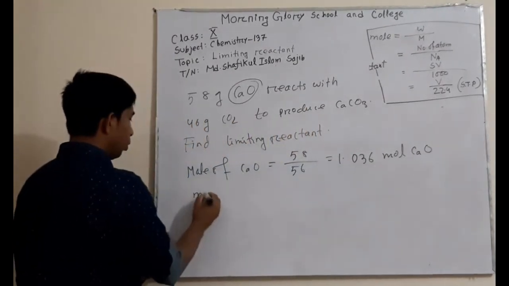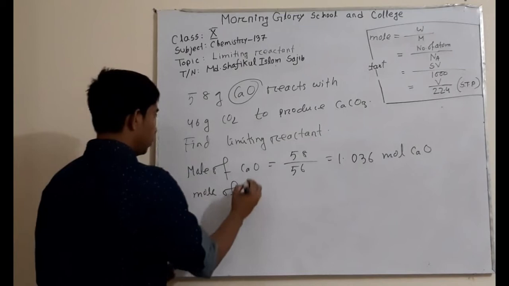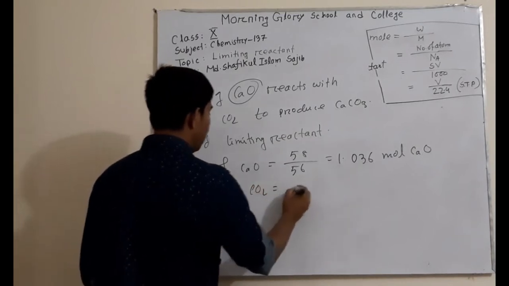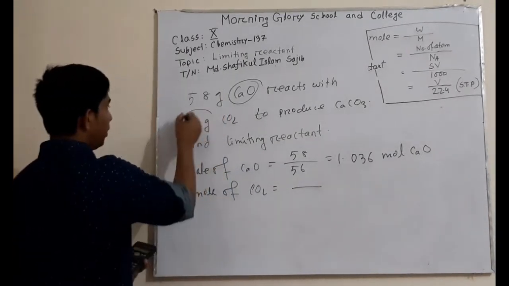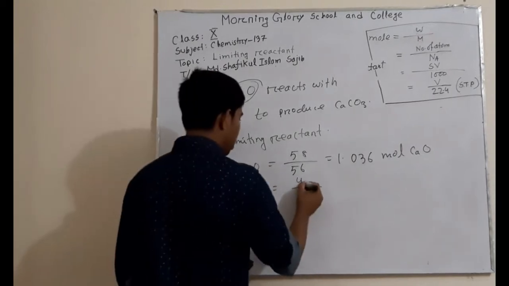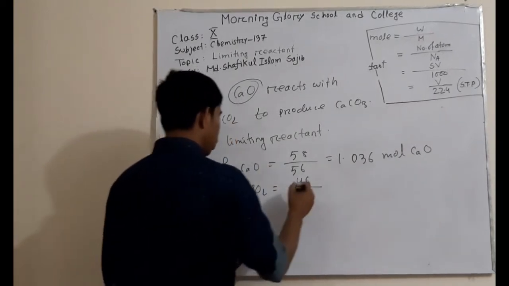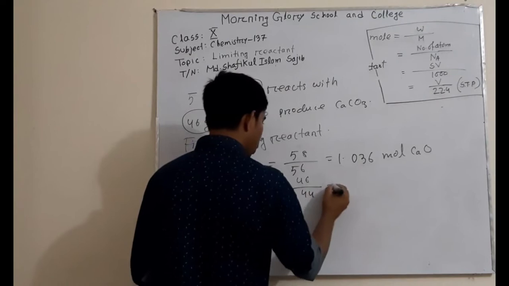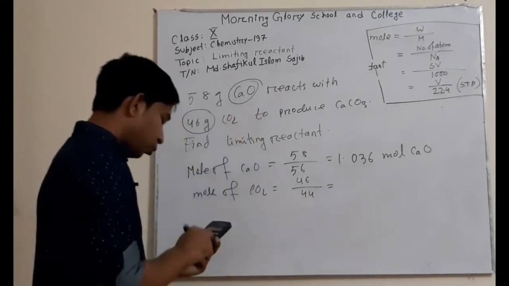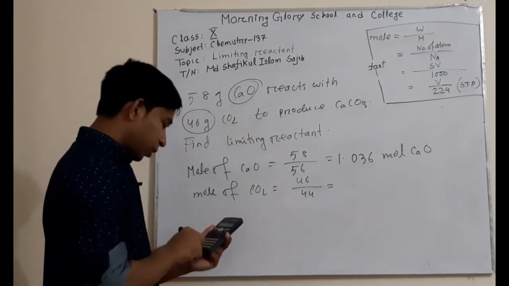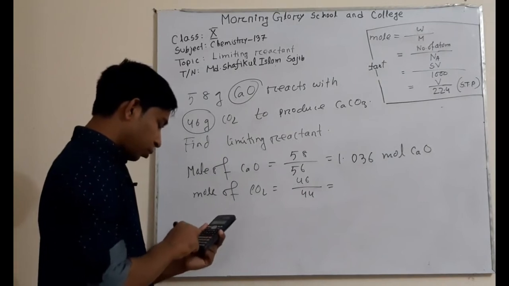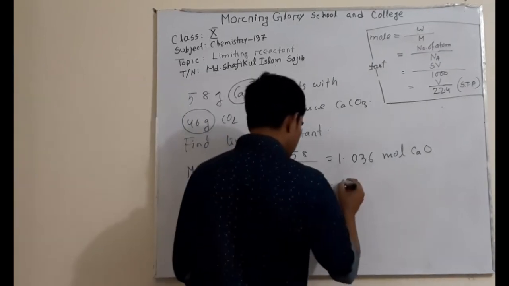Similarly, moles of carbon dioxide: carbon dioxide provided is 46, molecular mass of carbon dioxide is 44. Now 46 divided by 44 gives